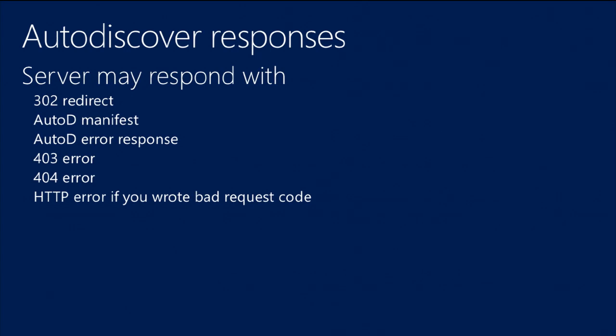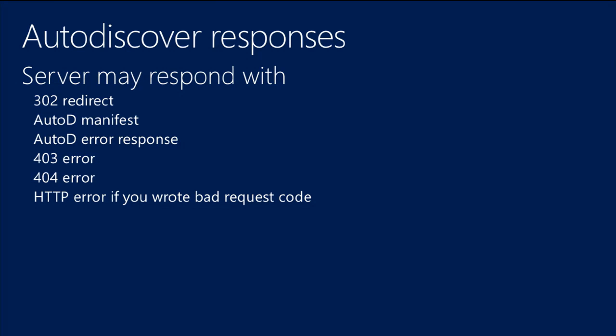So the server can come back with a 302, in which case your client has to follow it. It can come back with a 403, 404. It's possible that it will come back with some other error like invalid response. I got that a lot when I was first building the code that you're going to be seeing in a little while. It can also come back with the manifest itself or with an autodiscover response indicating that you've violated